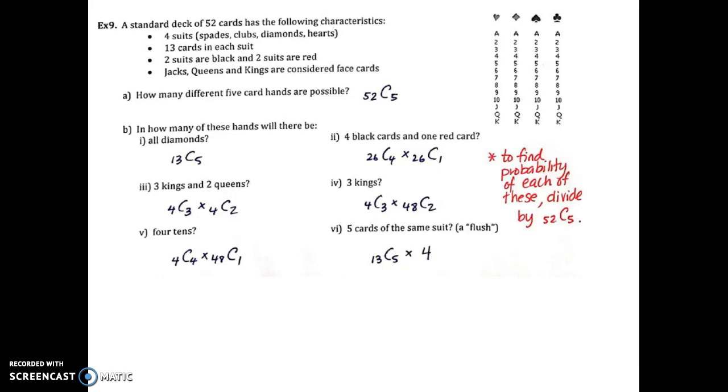All right, cross-reference your answers here. I think some of the ones that are perhaps a little trickier to get to grips with are things like the 3 kings. So the first thing that we need to do is actually go ahead, and out of the 4 kings, we need to choose 3 of them. We can't afford